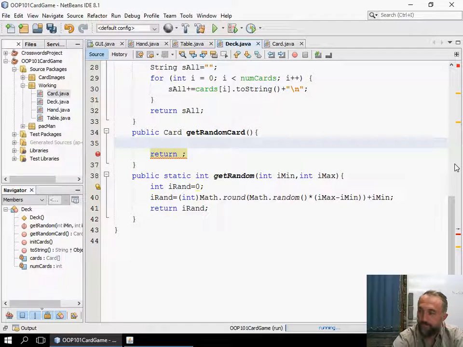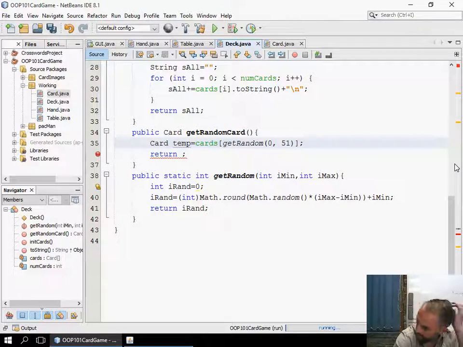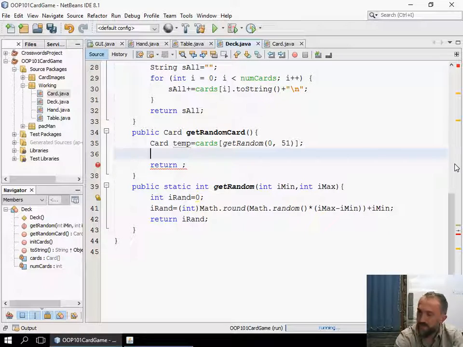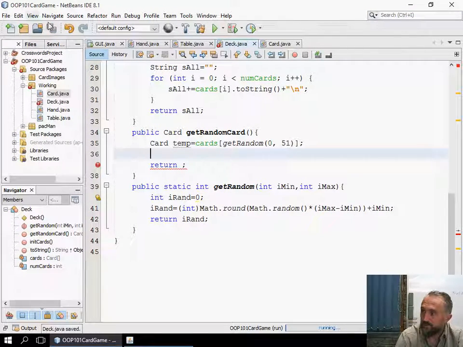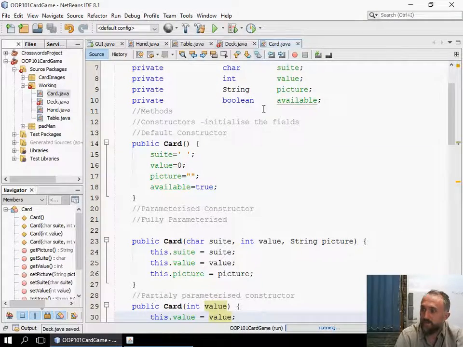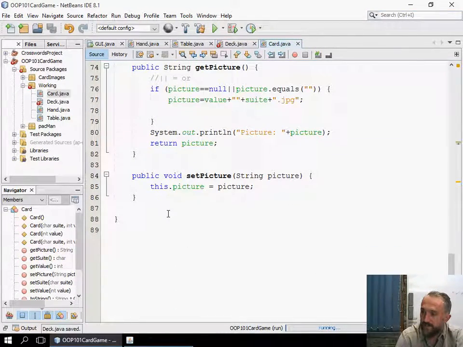I'm going to say card temp is equal to random card addition 0. So we've got the actual temp card. Now if open brackets temp dot, now remember, when you create fields, always create your setters and getters. I'm creating myself a little bit of hassle because I haven't created a getter and setter for